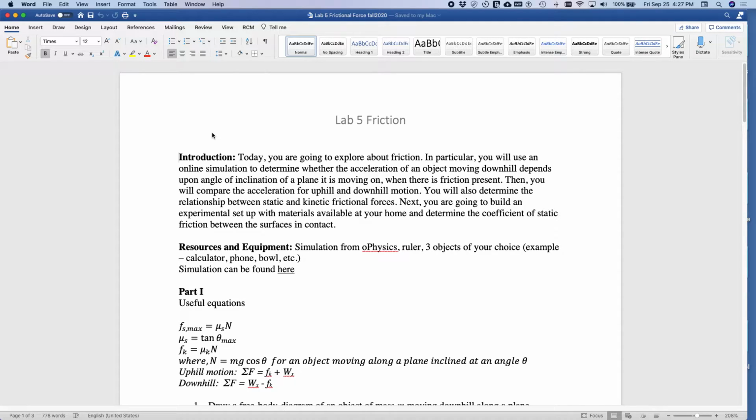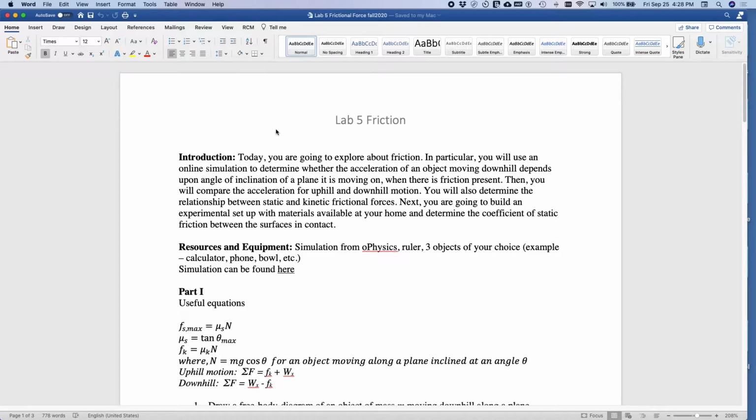So I'm gonna record this screen about lab 5, okay? So lab 5 is about frictional forces and the acceleration of an object when sliding uphill and downhill